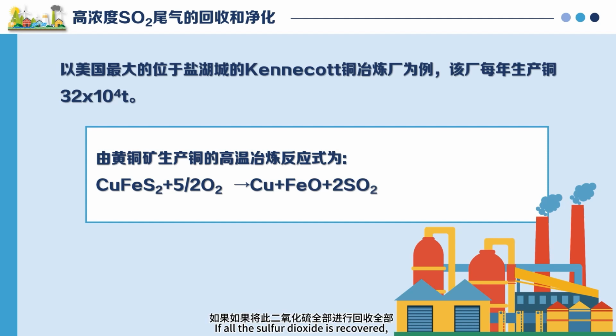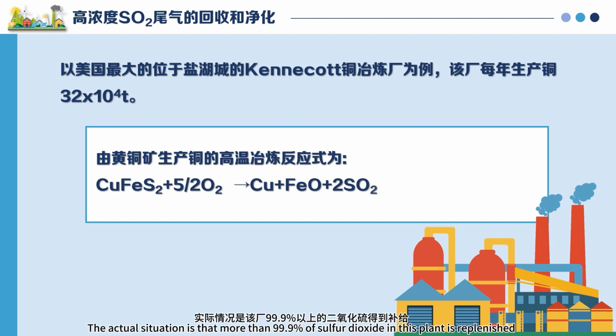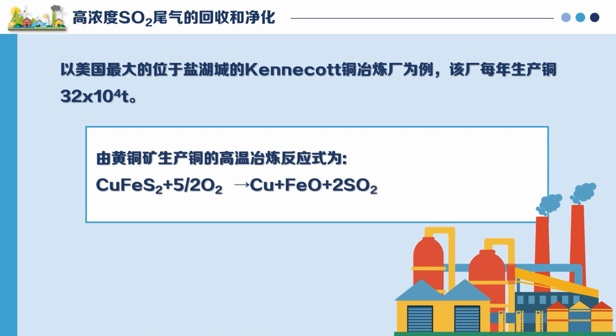If all the sulfur dioxide is recovered and used in the production of sulfuric acid, it can produce 99.5 times 10 to the fourth tons of sulfuric acid. Then, it can account for about 2% of the total sulfuric acid production in the United States. The actual situation is that more than 99.9% of sulfur dioxide in this plant is recovered and used in sulfuric acid production, and less than 1% of sulfur dioxide is directly